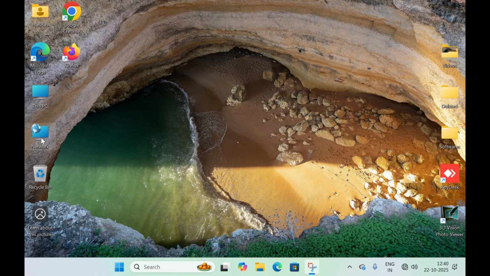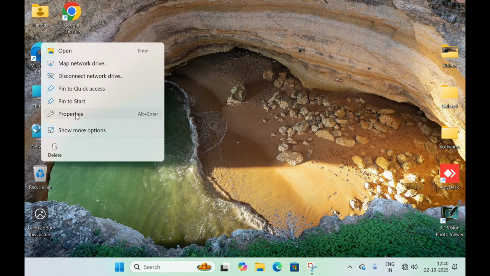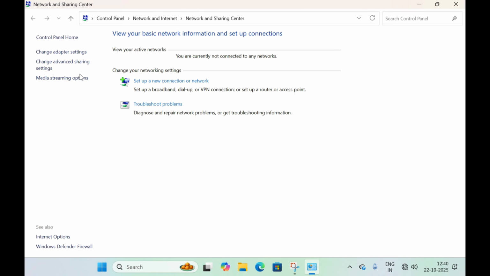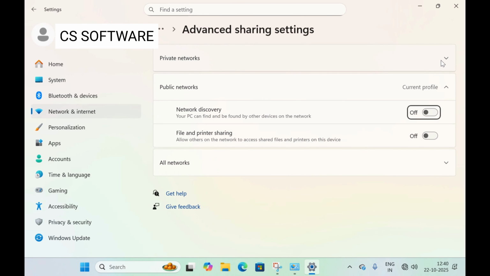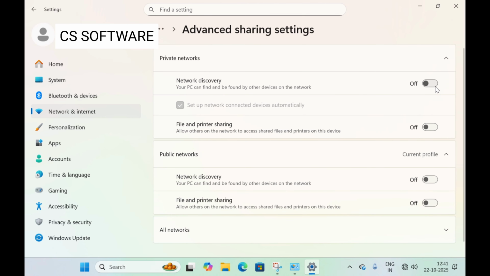First, let's do some settings on the server PC. Right click on Network, then click on Properties. After this, click on Change advanced sharing settings, and in the private network, enable network discovery and file and printer sharing if you want to share files and printers within your network or within your LAN. And enable network discovery and file and printer sharing in the public network